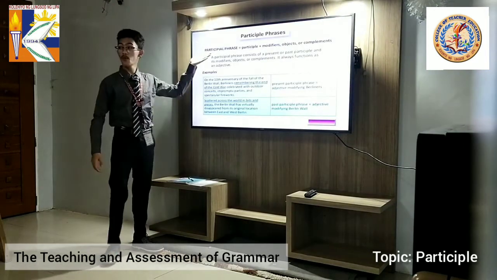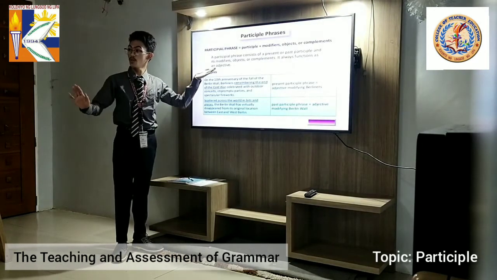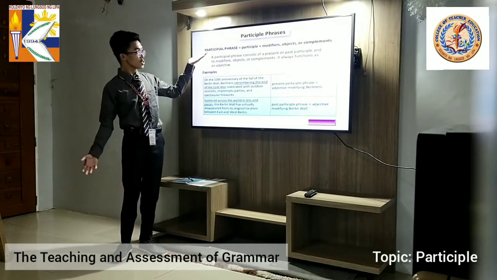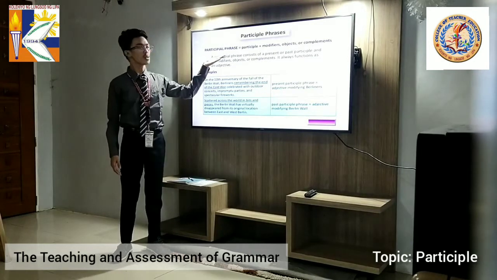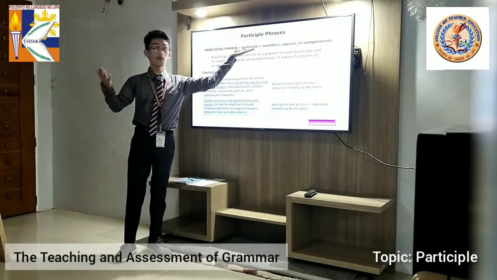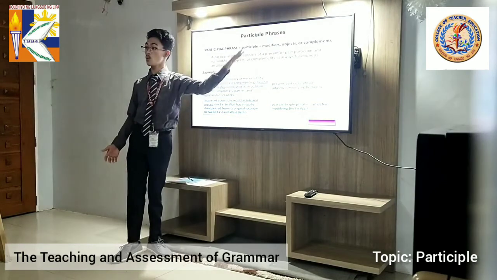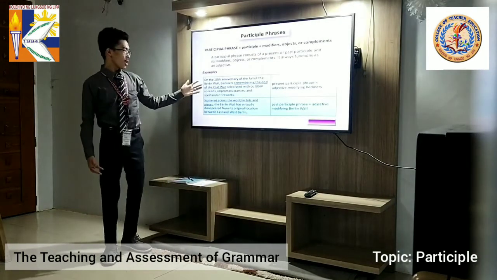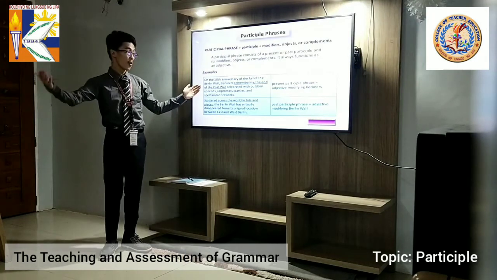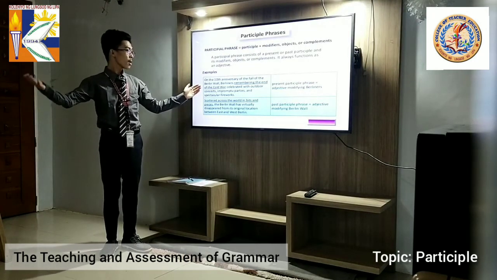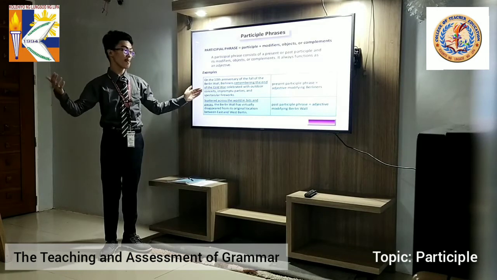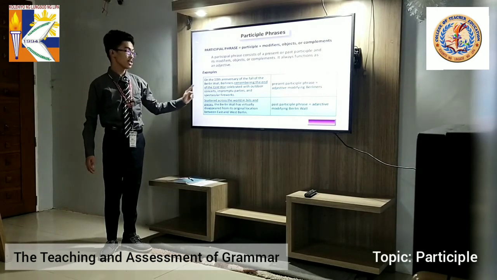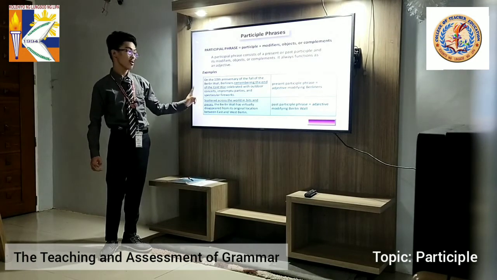Okay, so this is the formula. Take note of our formula in order for you to not be confused of it. Participial phrase or participle phrase is formed using a participle either present or past and modifiers, objects, or complements. You can use either of those. In our example, please everyone read with me. On the 10th anniversary of the fall of the Berlin Wall, Berliners remembering the end of the Cold War, celebrated with outdoor concerts, impromptu parties, and spectacular fireworks.